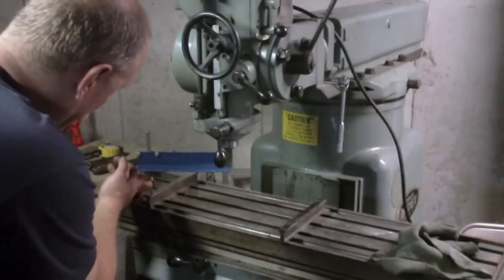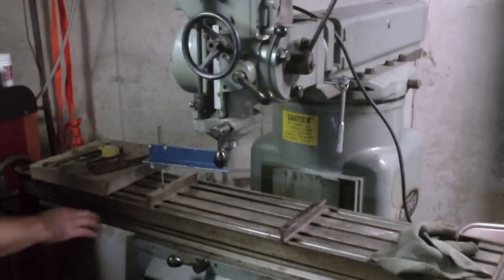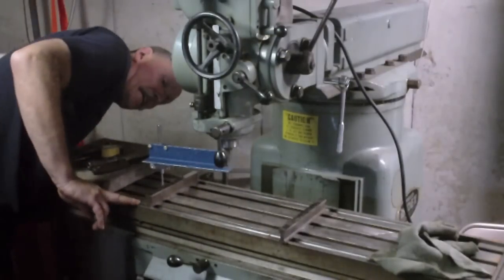So now I come over to this side, same proximity on the table,